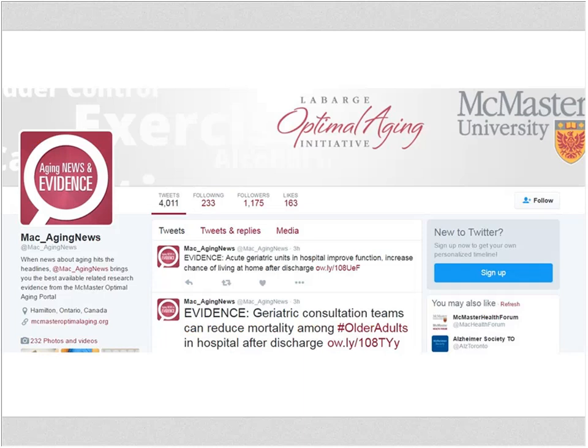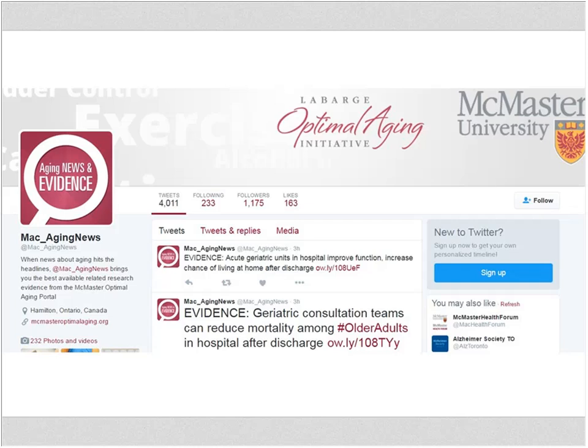Another portal solution to the media overload on aging recommendations is our Hitting the Headlines Twitter feed. So every day we receive a feed of all the aging topics that have been covered across the country, and our staff search each of our 3 databases to find evidence on these topics. So here's an example from the Canadian News focusing on the need to improve care for elderly patients. So policymakers might want to know where should we invest our time and resources, and Barbara and Janine might want to know what's best for my patients or my loved ones.